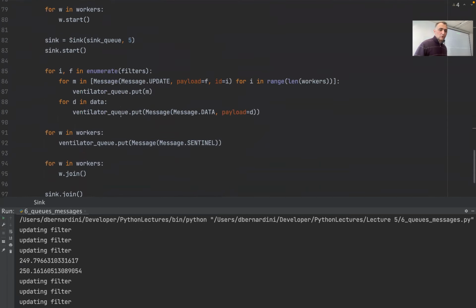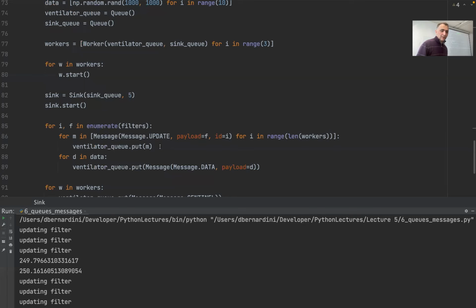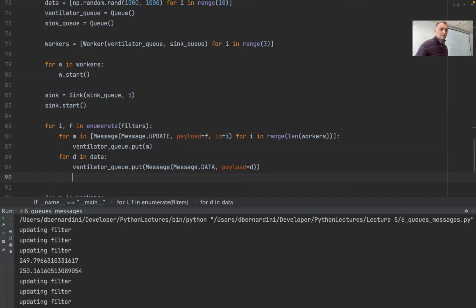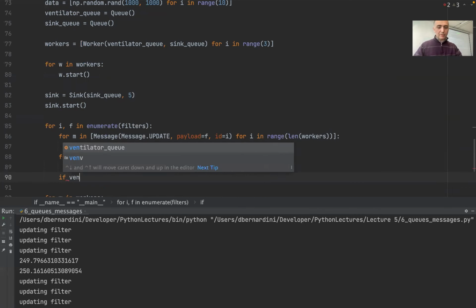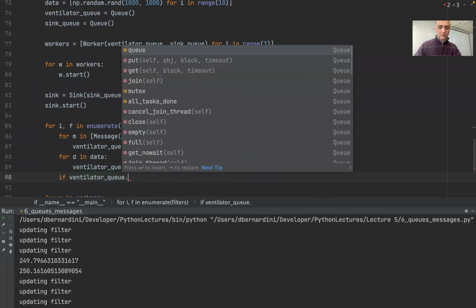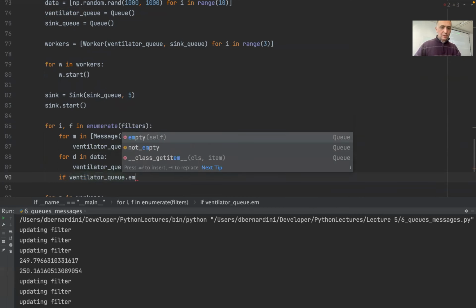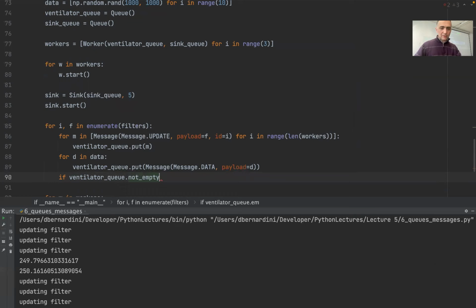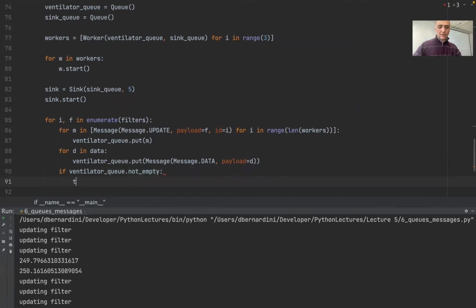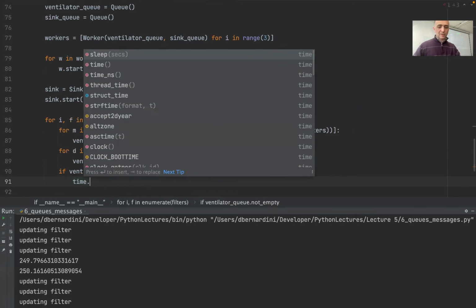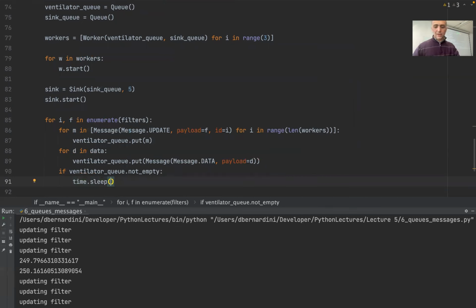If you want to do this properly, what you should do is here. Once you're here, you should actually check if the queue is empty, right? You should do if ventilator queue empty, not empty actually, time sleep, like 0.01, something like this. I don't know if this breaks, but the point is,